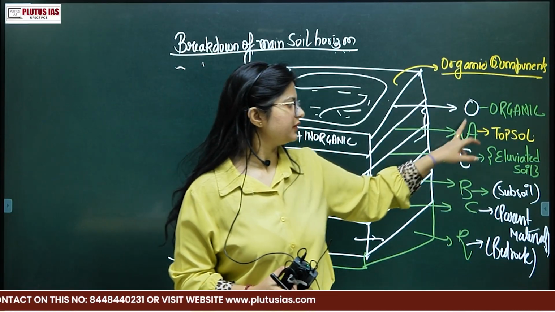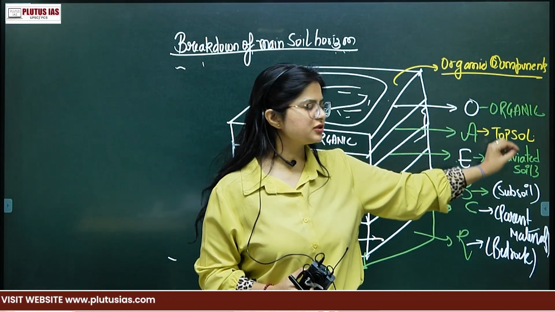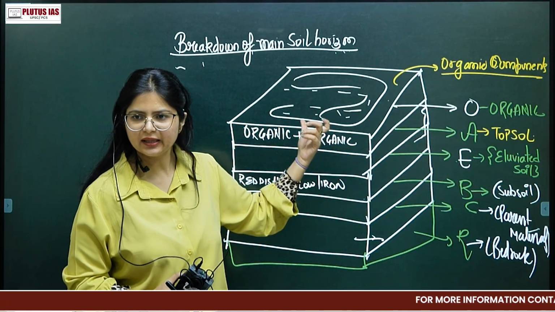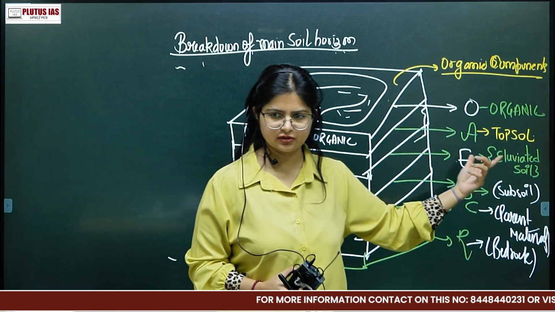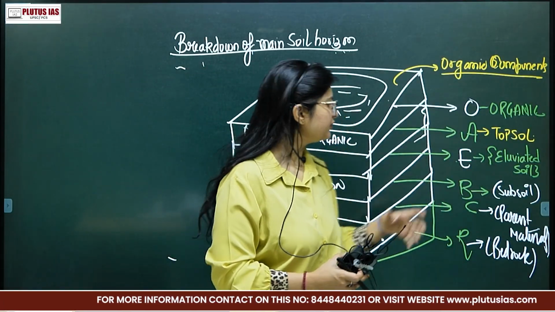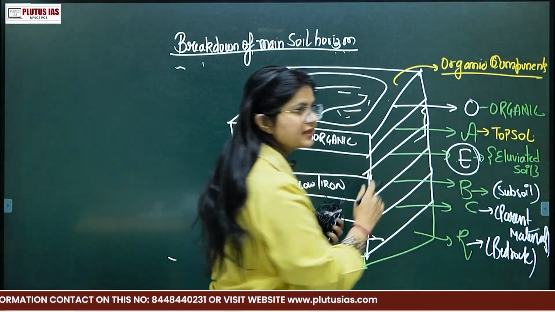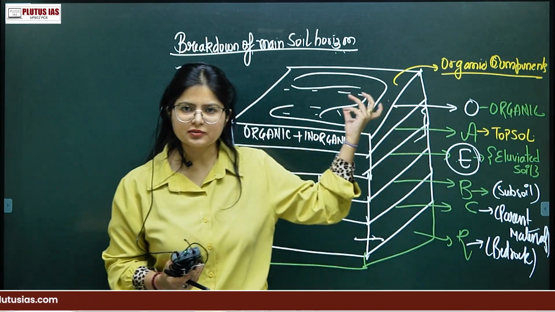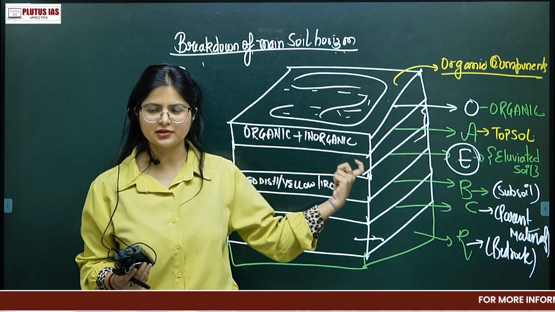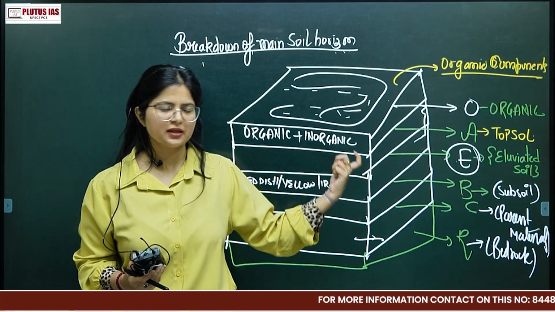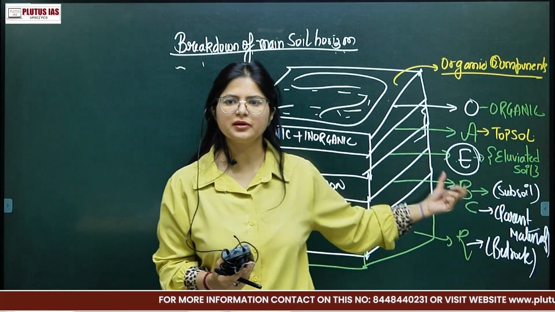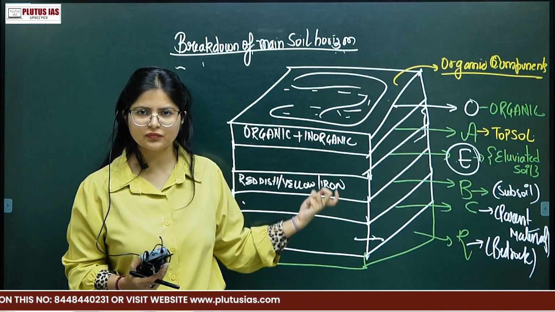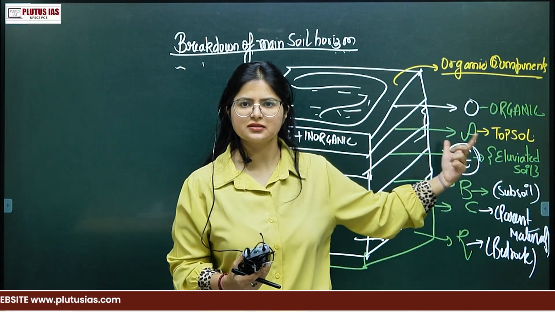The next soil that we have is denoted with A, which means the topmost soil. The topmost soil basically has both organic and inorganic material present in it. Next, represented by E, we have eluviated soil. This eluviated soil has minerals present. All the minerals coming from the above layer are percolating down and present in this layer. Similarly, in the B soil also, the minerals percolate from above and deposit in this horizon. We also call this B the subsoil.